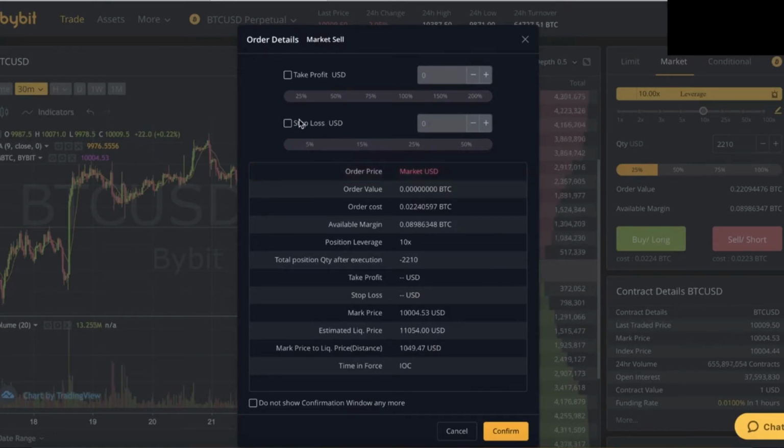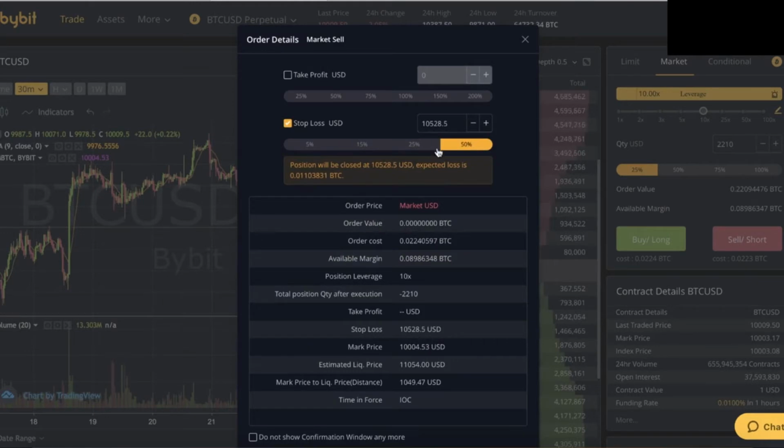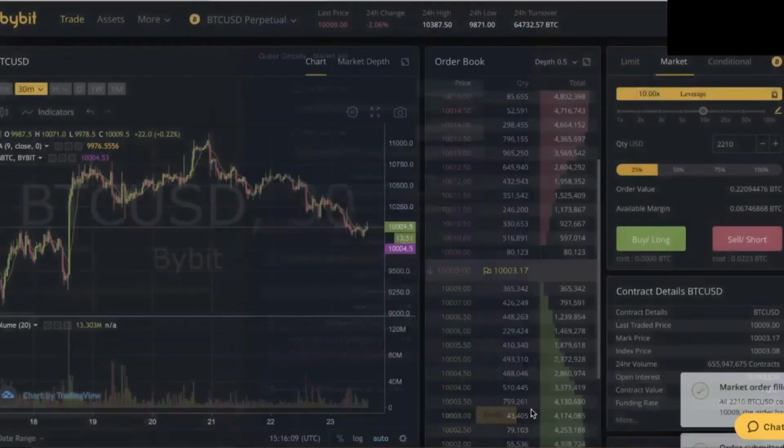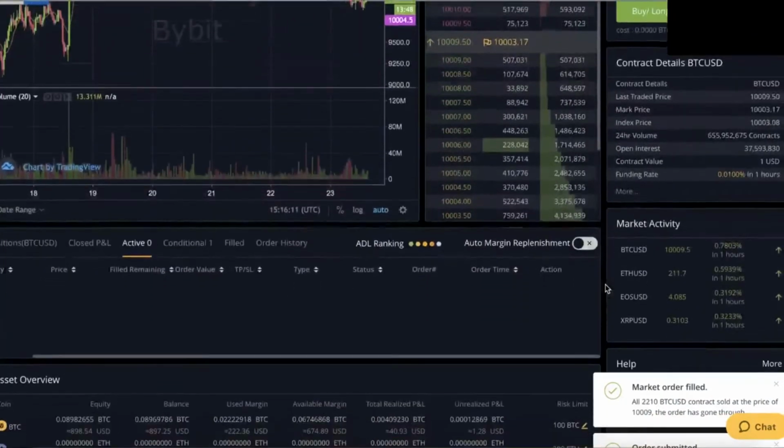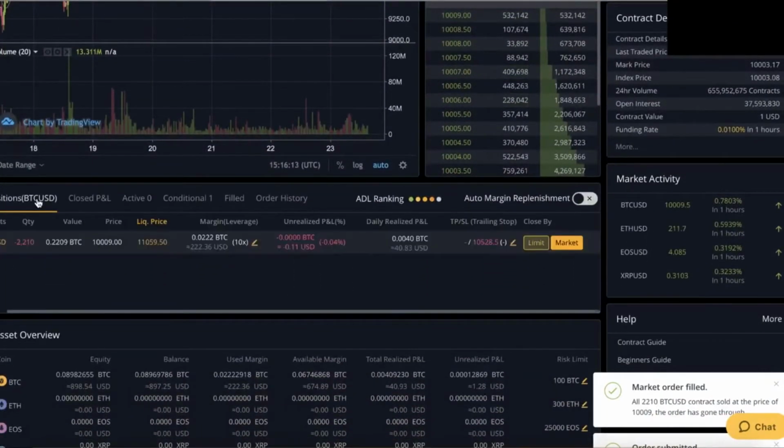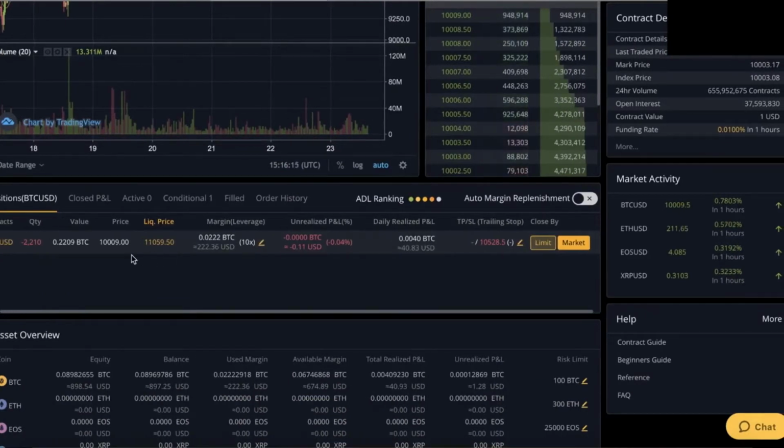I want a stop loss so that if the position goes... I can't do a stop loss here, sorry, my bad. Oh yes, I can, I was just lagging. I want it to be so that if my loss goes to 50%, I automatically want it to close. Click confirm, and after a few seconds, my order will show in my positions, and I'm already short on Bitcoin